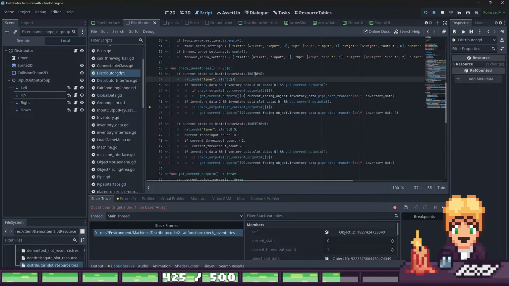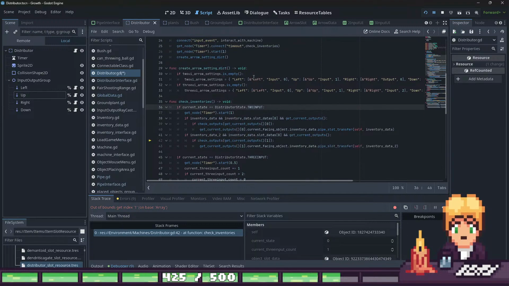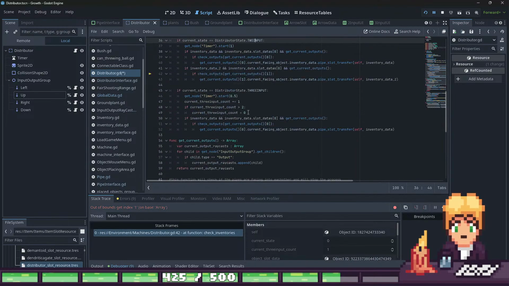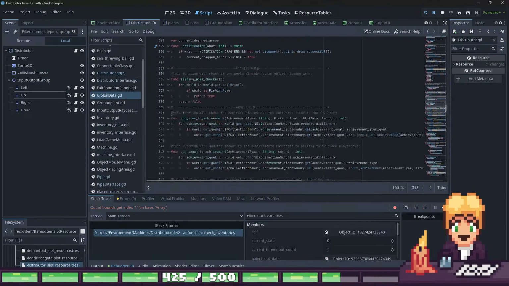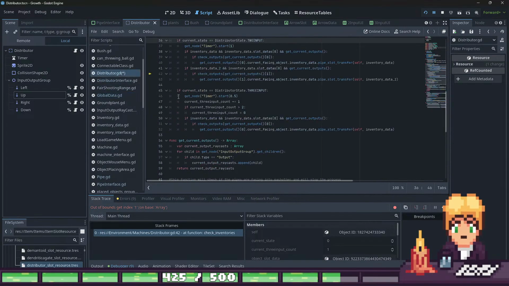So it's two input, even. The problem is it's not setting back the raycast at the right moment. But this is something we will do